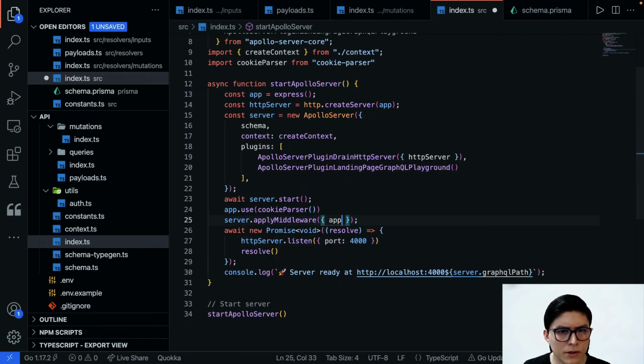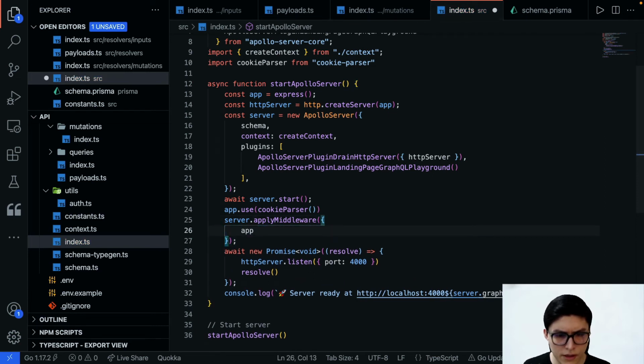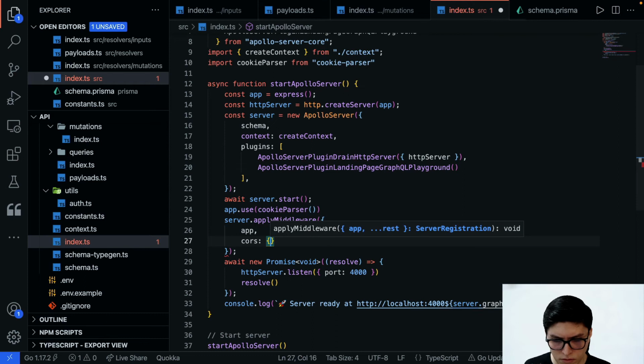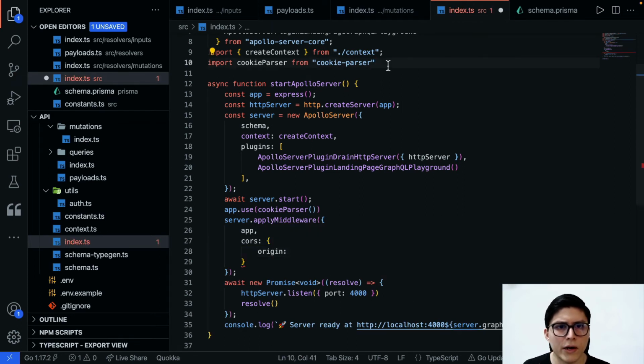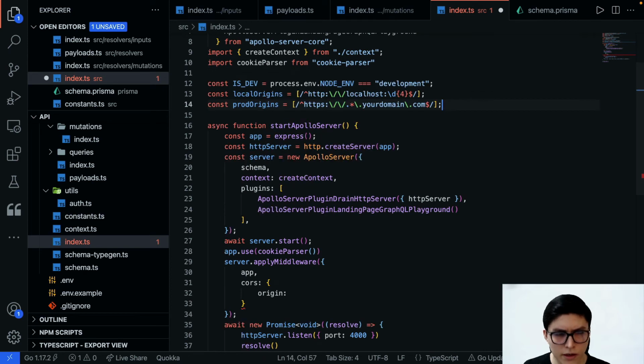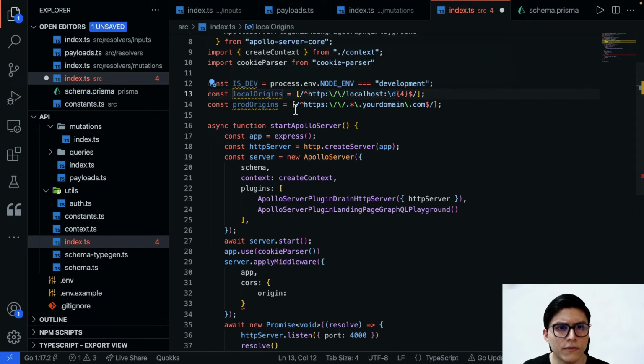Now on your apply middleware, we are going to be extending that, configuring the CORS. The origin really is going to depend on the environment where the server is running. So make sure to have these declared. This will allow us to identify if it's under development. If that's the case, we can use the local origins, which includes the localhost.